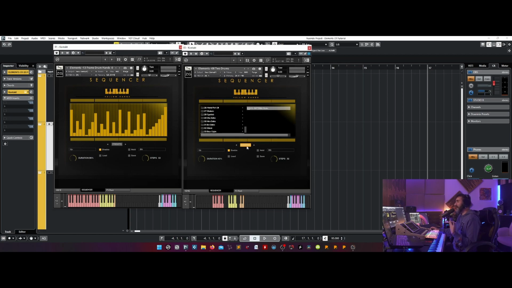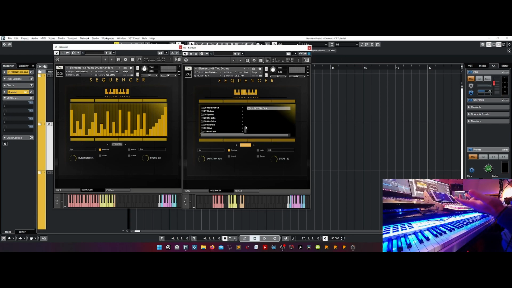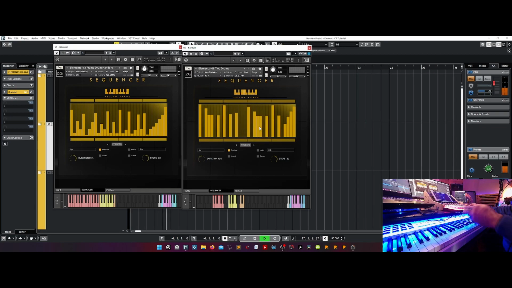Of course, there are a lot of presets. Each folder has a category, just to have a list of instruments. But of course, you can also load, I don't know, now I've loaded 2 drums, but I can also load a warrior drum pattern. There is no problem.